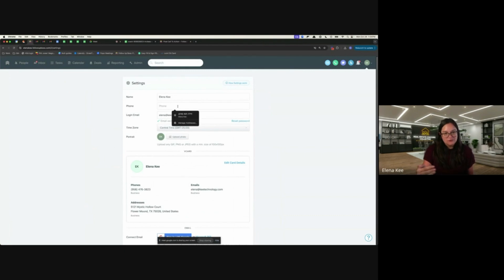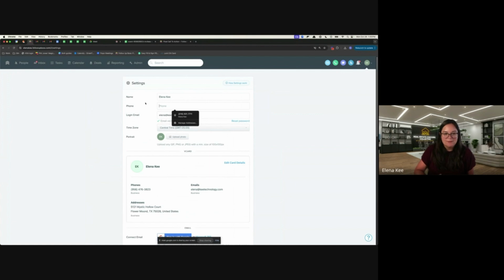Now the phone is different. This phone is not public. So it's a bit different. I wish Follow Up Boss made it a little bit clearer of that. This is public, this is not. The phone is your personal number that you want to be alerted for notification reasons. So this is the number that's used for SMS notifications, when you get a new lead,